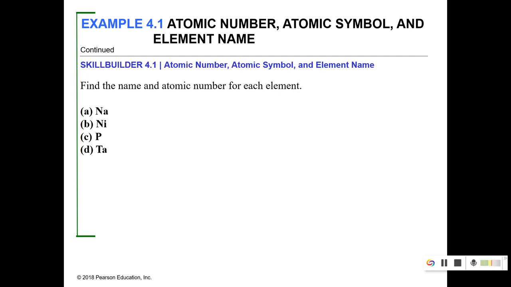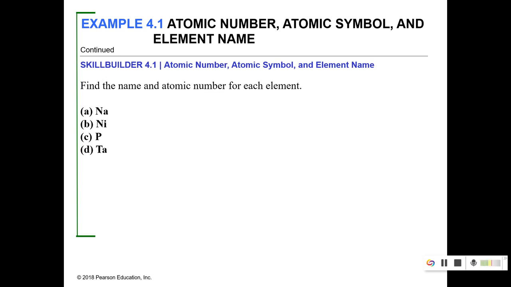Once you're in AP Chemistry, our periodic tables no longer have names, but we will have used them so much, you'll know their names for most of them. Now, not the random ones, but most of them you will know. Okay? Another thing you need to keep in mind, normally I make students memorize the major elements that we use. It's about 30 of them. Their names and their symbols. So, and that's normally like day 2, we take a quiz on that. Obviously, we're not doing that this year because this year is a different environment, but just keep in mind, you're going to need to be very, very familiar with the periodic table if you're not already.